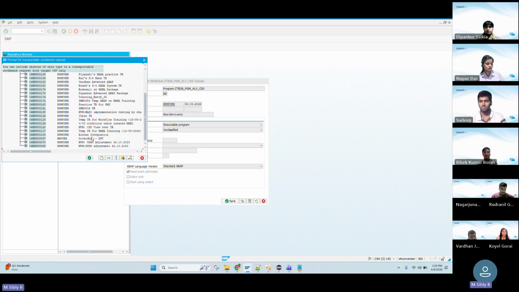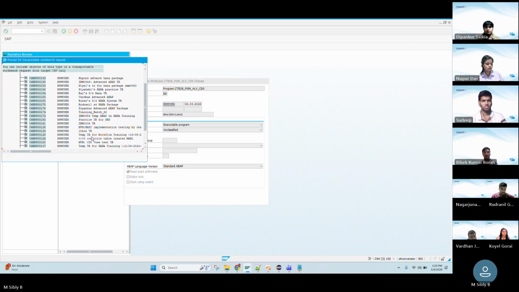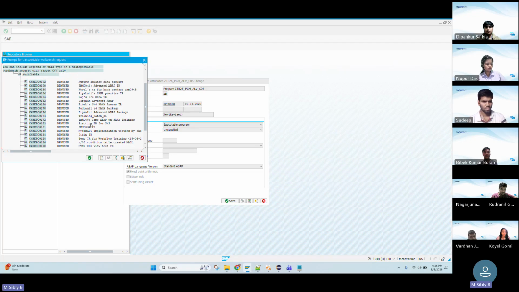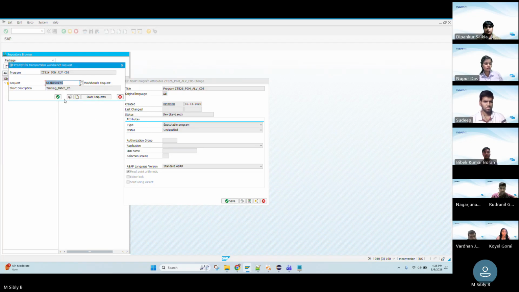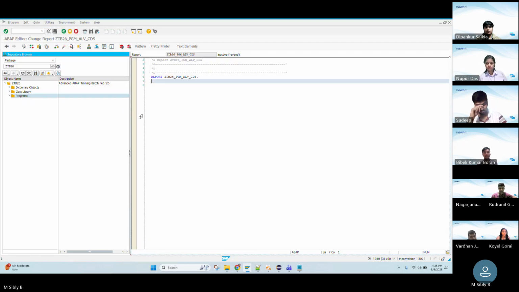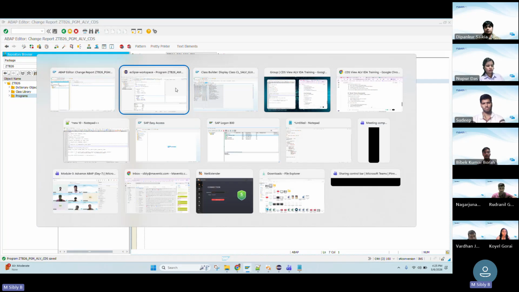Training TR is the T code. Yeah, training batch. Okay. Here, before that, we can see what are the